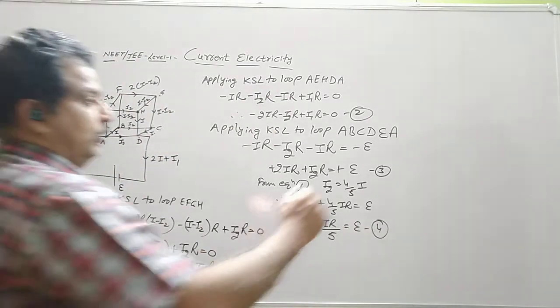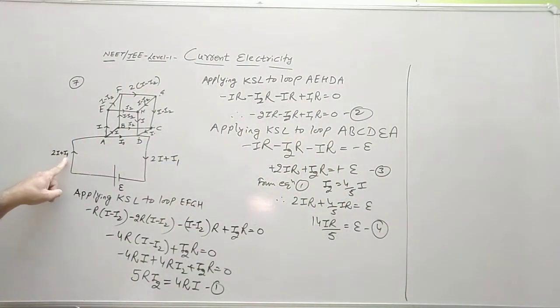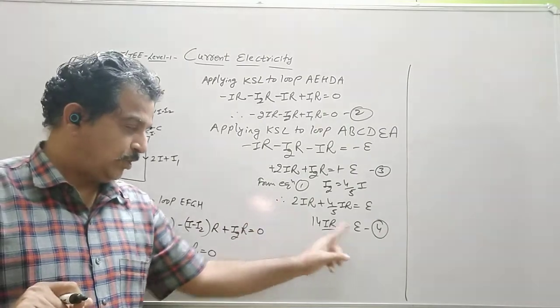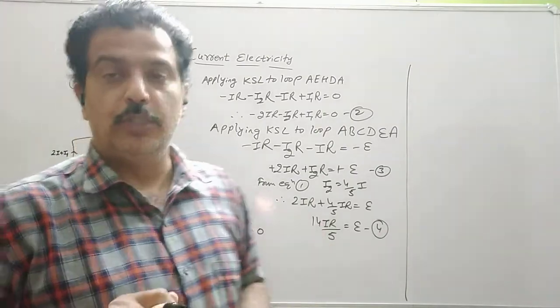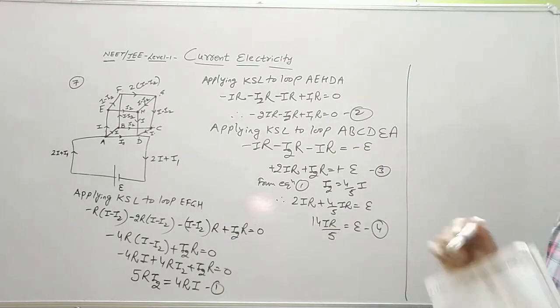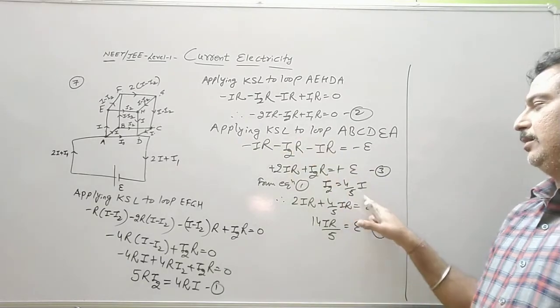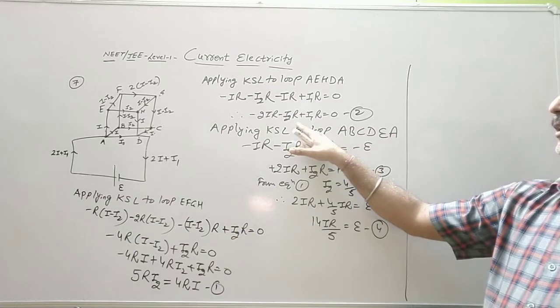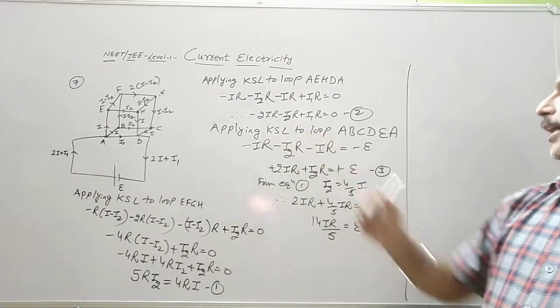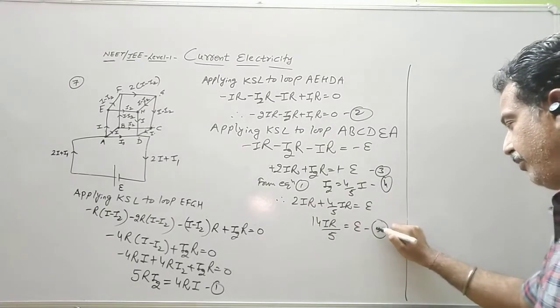Now, if I remove this skeleton, I know there will be I1. So I need to find out the value of I1 in the terms of I. See this, we have a I here. Now if I know the value of I1 in the terms of I. So in this, from equation this I2 can be substituted here. So you get a relation between I1 and I2. So let us name this equation 4 and this equation number 5.